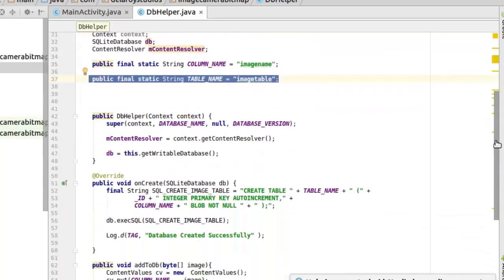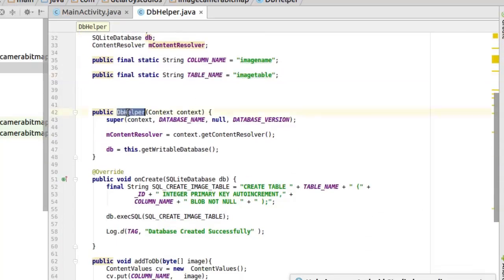Cool. And in this, we have the DB helper constructor that takes in the context as its parameter. Also, it calls onto the superclass, passing the context, the database name, and the database version. We initialize the content resolver so that it's going to be usable. Likewise, the DB. This time, we get the writable database since we are writing to the database. In the onCreate method,